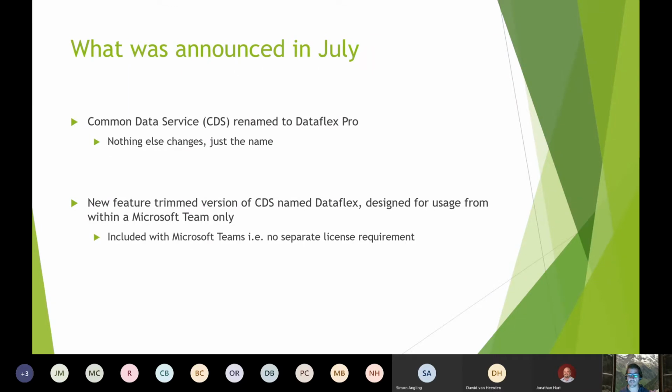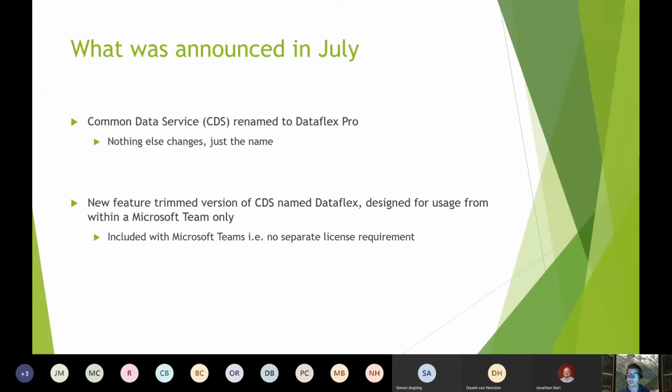Subsequently, actually this morning, I noticed that the public blog articles associated with these are no longer there, and all the naming that says DataFlex Pro and DataFlex in Microsoft's public documentation has changed back to CDS. I don't want to speculate on what it is, but let's just assume that it is still DataFlex Pro and DataFlex.